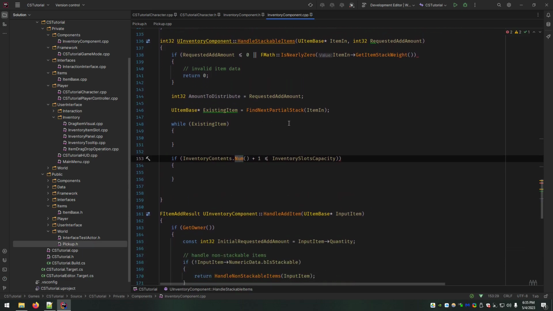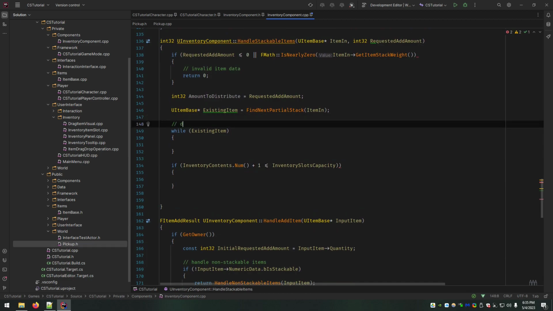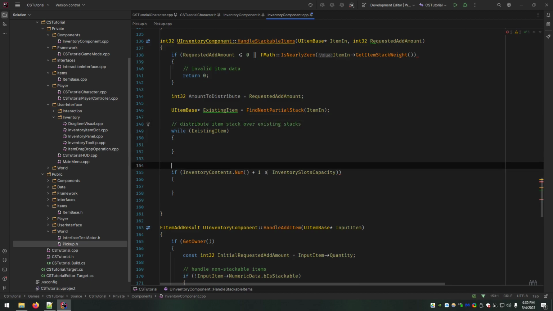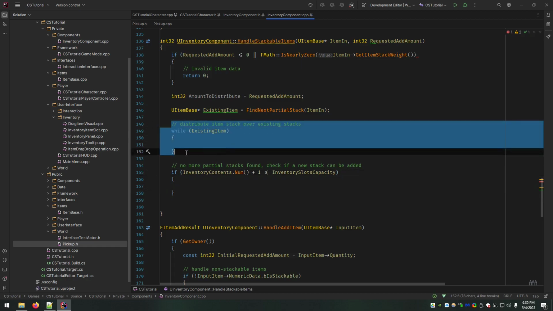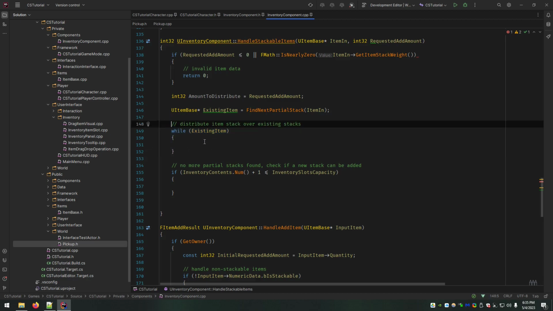What happens? So what's going to happen here is distribute item stack over existing stacks, and down here is no more partial stacks found. Check if a new stack can be added. Because this way, when it finds the existing stacks, it'll put it into those.